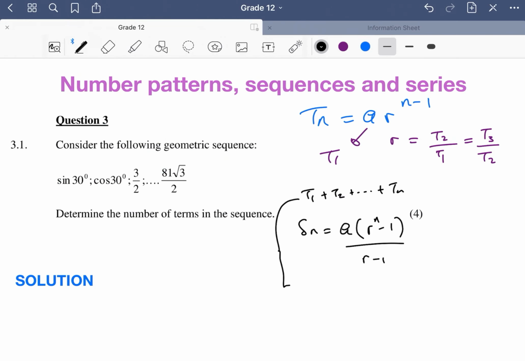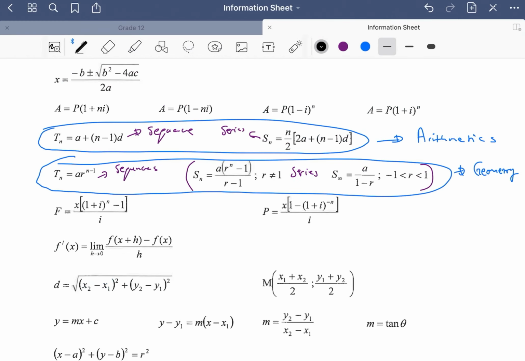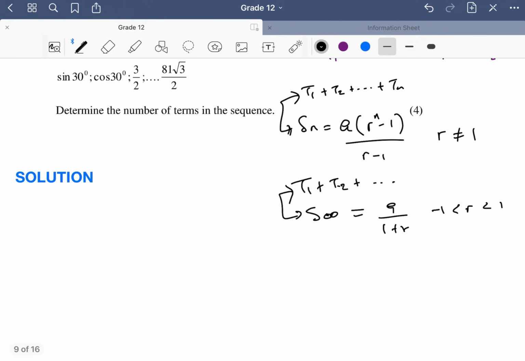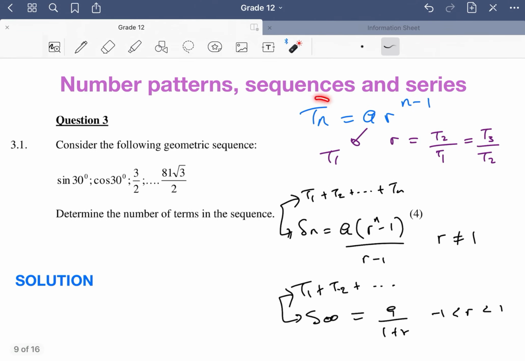But if you have t1 plus t2 until infinity, then you can use this formula, the sum to infinity, which is a over 1 minus r. Of course, just check that r is not equal to 1. Also just check that r is between -1 and 1. So that's basically how you would look at your series. But then let's answer our question. This was just a quick recap